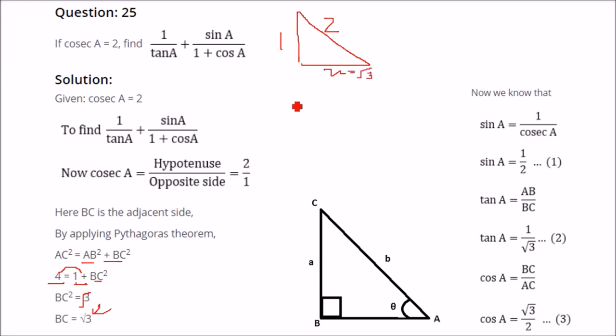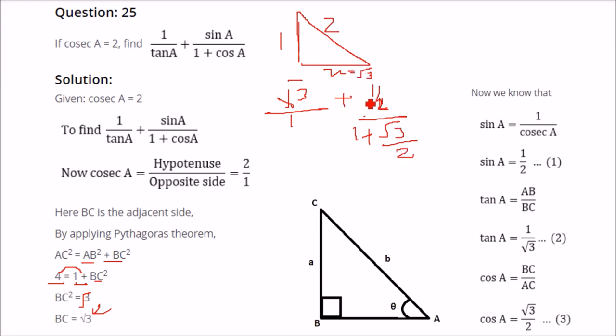And now put the value, 1 by tan A. So 1 by tan A is cot A. Cot A is base by perpendicular. Base is root 3. Perpendicular is 1. Plus sin A is perpendicular upon hypotenuse. Perpendicular is 1, hypotenuse is 2. So 1 by 2. And 1 plus cos A. Cos A is base upon hypotenuse. So that is root 3 by